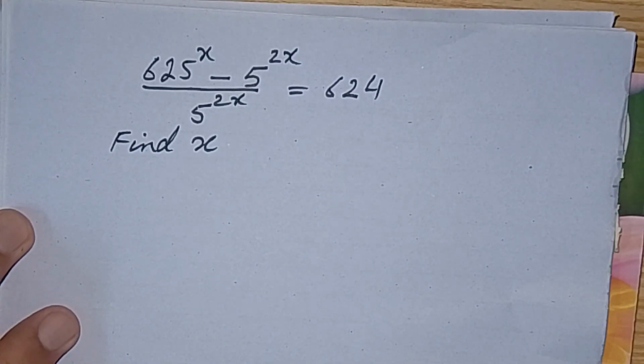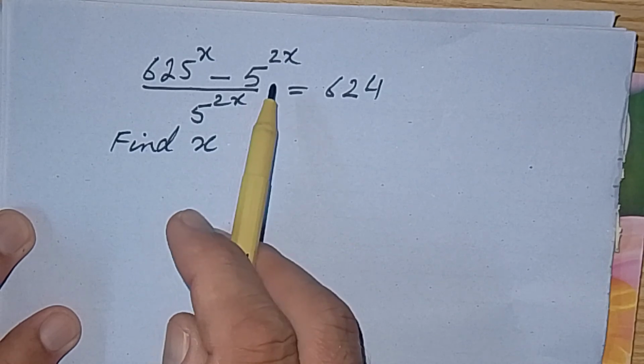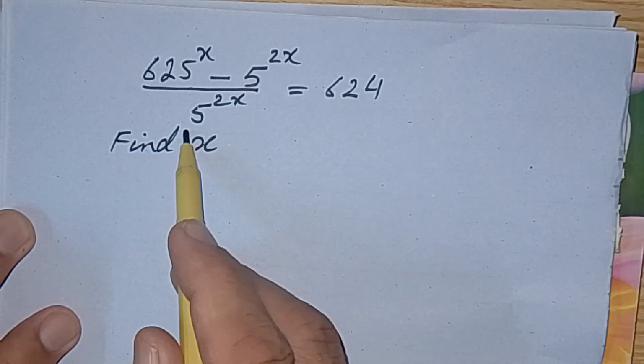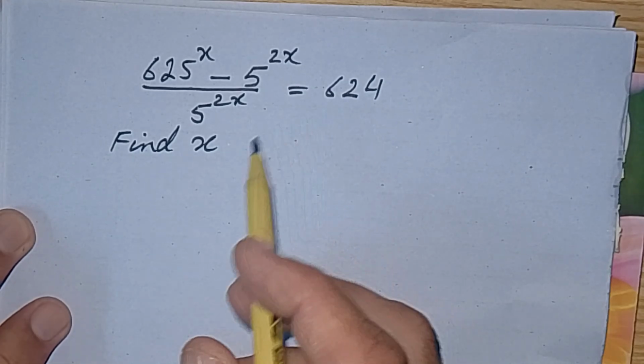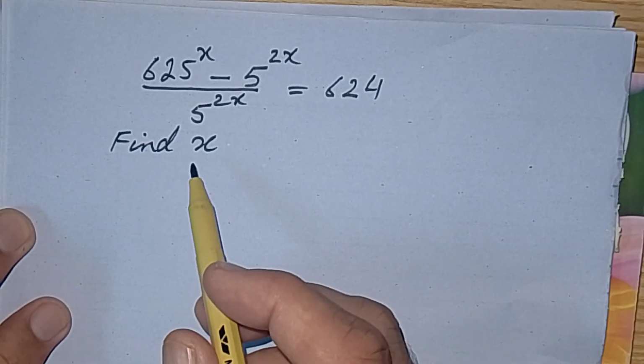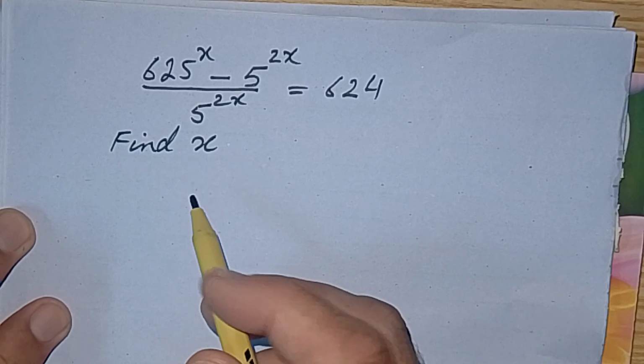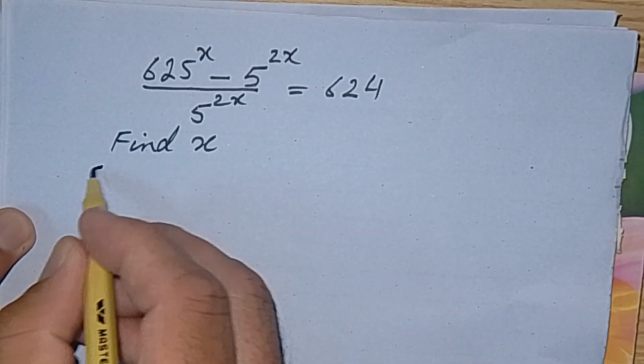The question is an exponential question: 625 raised to the power x minus 5 raised to the power 2x over 5 raised to the power 2x is equal to 624. We have to calculate x. Now, solution: